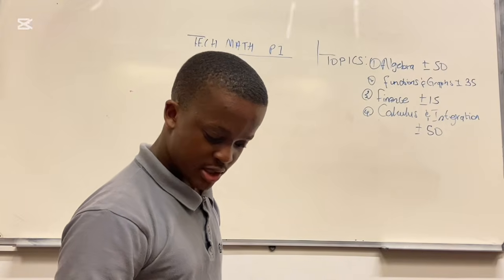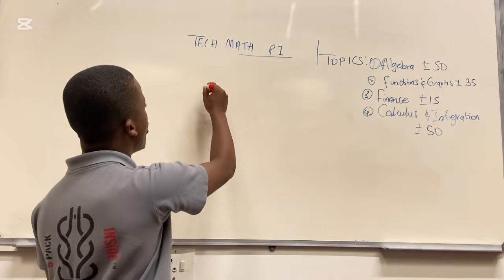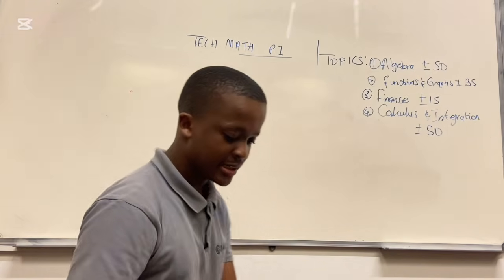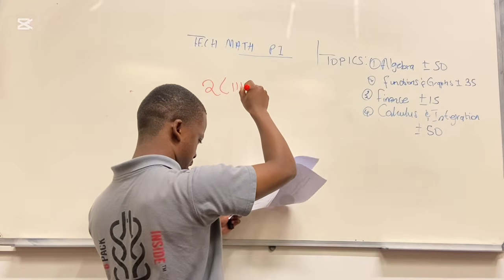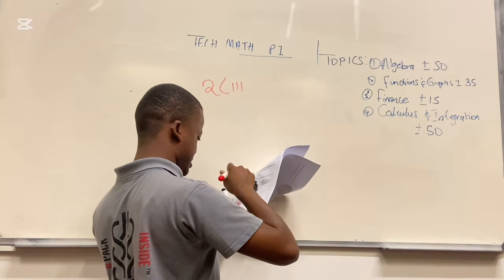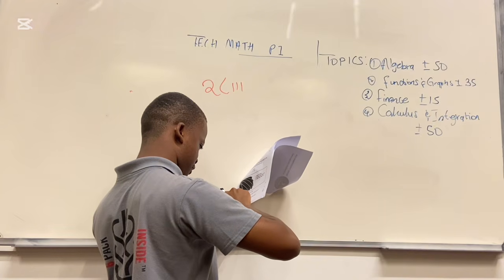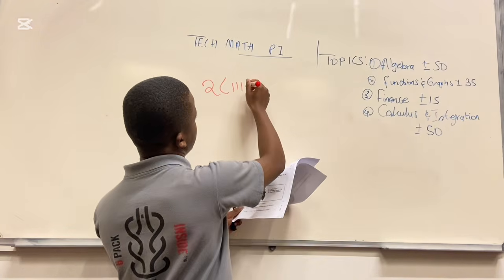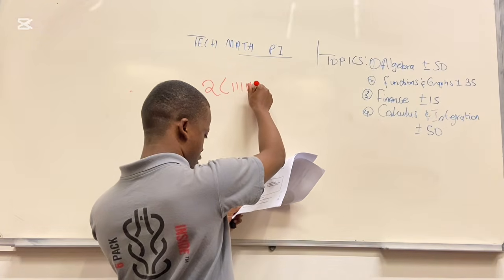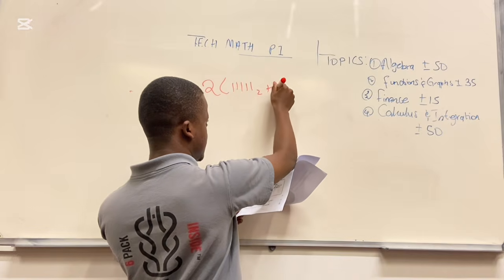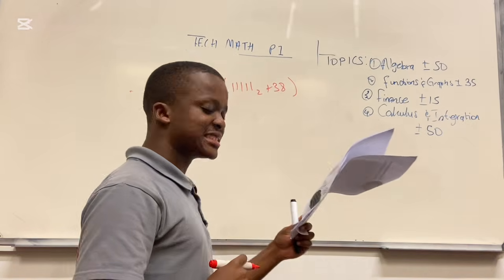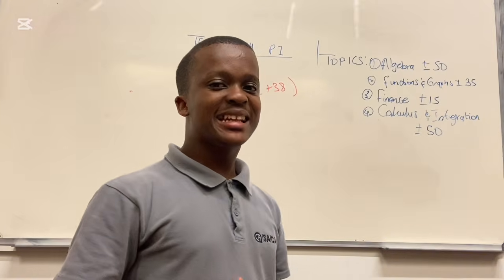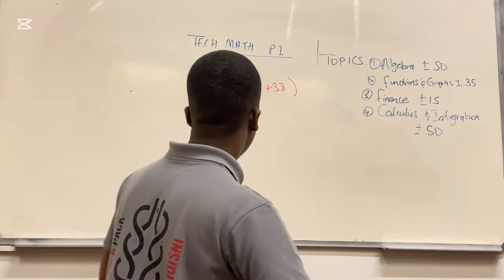Please, people of God, we are given 2, but we evaluate it's 1 into 1, 1, 1. We have 6, 3, 4, 5 plus 38. But leave your answer in decimal form.